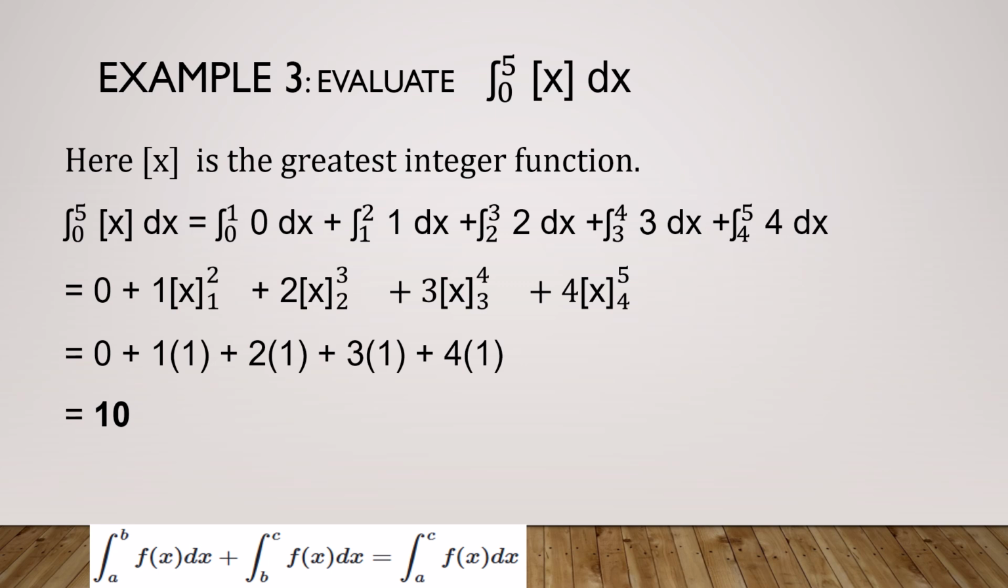0 to 1, that means say 0, 0.5, anything. The greatest integer which will be less than or equal to that value will be 0. So first term is 0. Second term is